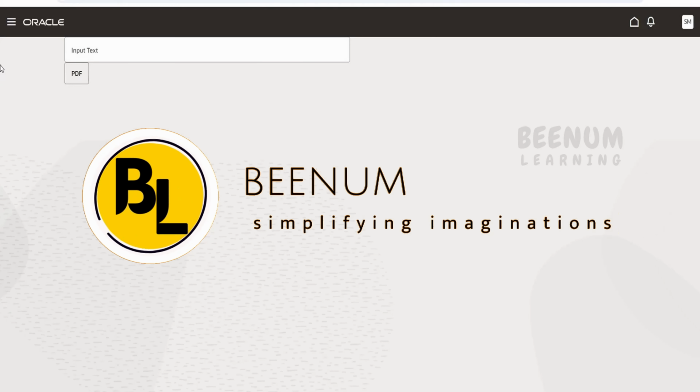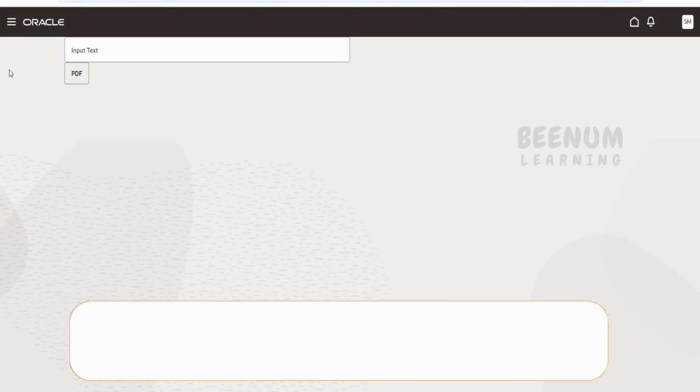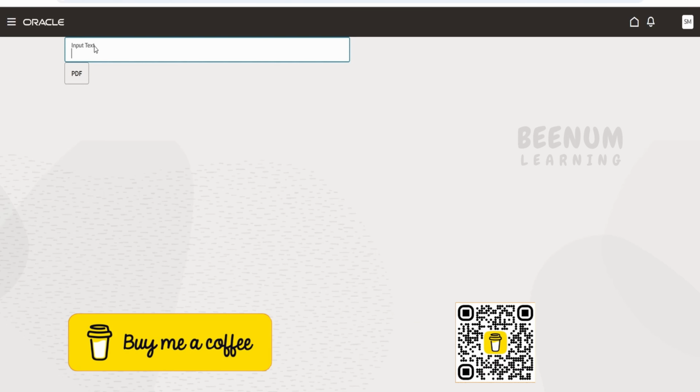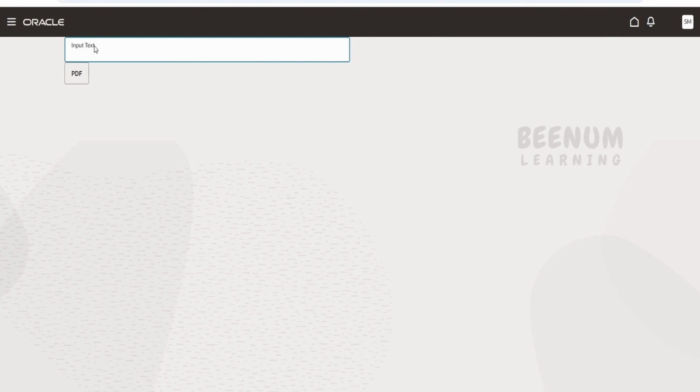When we are building Fusion extensions using the APPUI, also known as SaaS VB, we might come across a scenario wherein we would need a feature to download the information available in the page as a PDF file. For example, I will input the text here, demo, to show how to generate the PDF file in SaaS VB